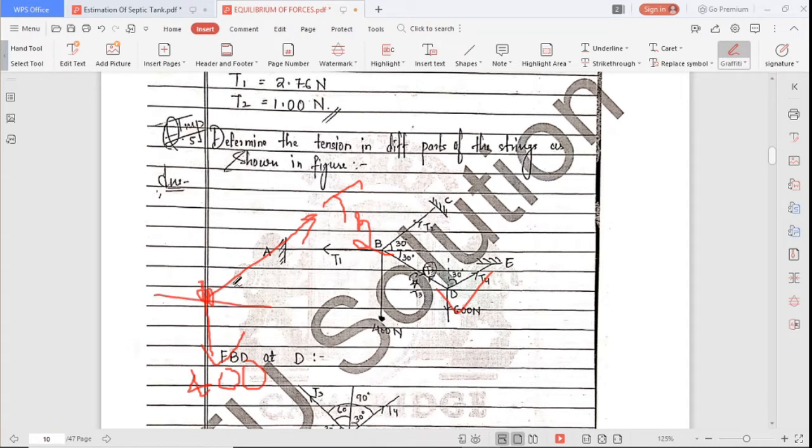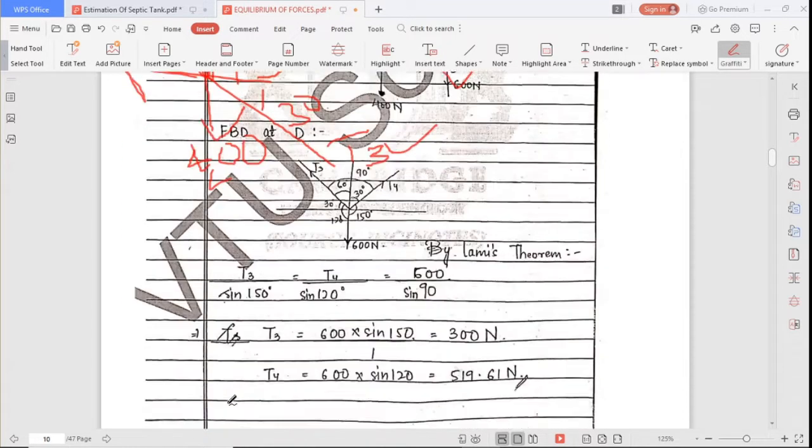So what you are seeing, first write those 30 degrees there, then here T3 is there. Okay, another force T3, that is how much? It is also 30 degree. So three forces: T1 400 Newton one force, T3 one force, T2 one force, right? Then here T1 also is there, correct, on the axis we have also T1. So how much force we have? T1, T2, T3 and 400 Newton force. Four forces we have in the